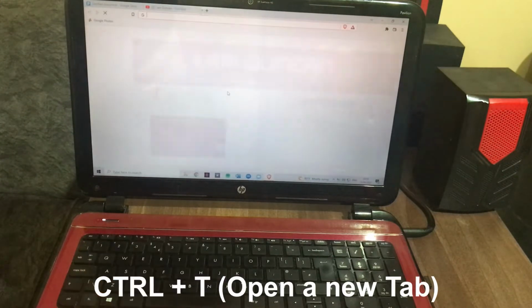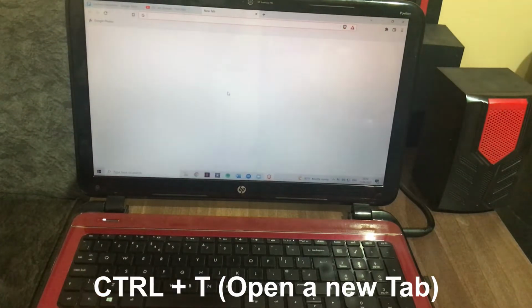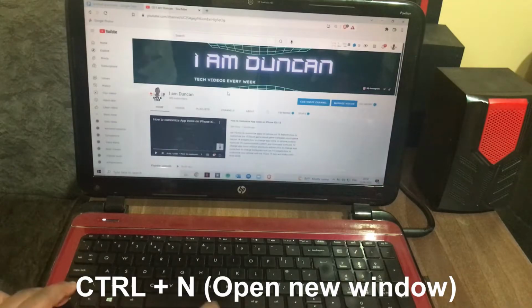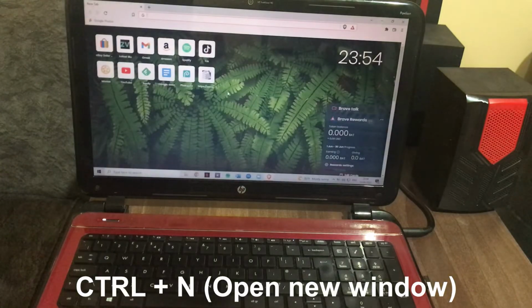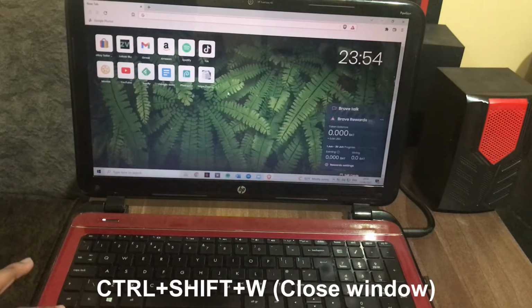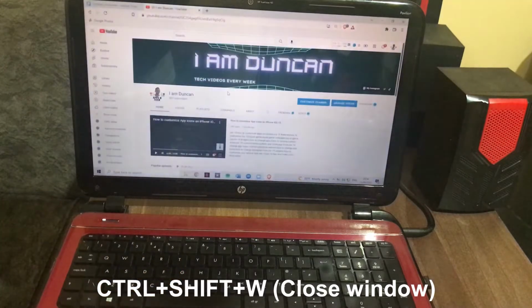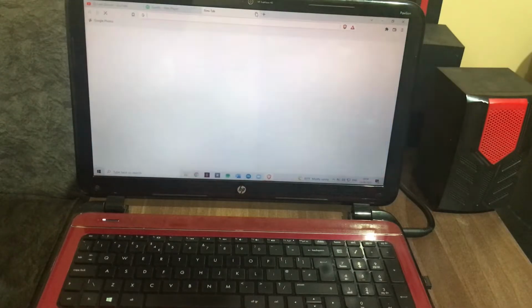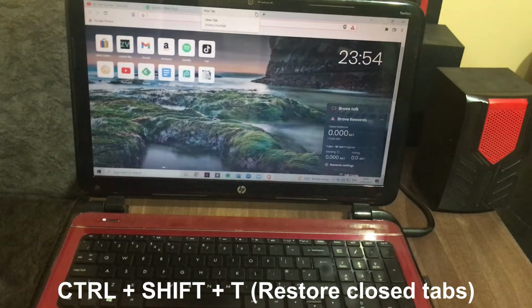If you want to open a new tab, just press Ctrl T, and to open a new window, you can also press Ctrl N. To close the tab that you are in, press Ctrl plus W, or to close the current window that you're in, hold Ctrl Shift plus W. And to restore the tab that you just closed, you can press Ctrl Shift plus T and the tab will